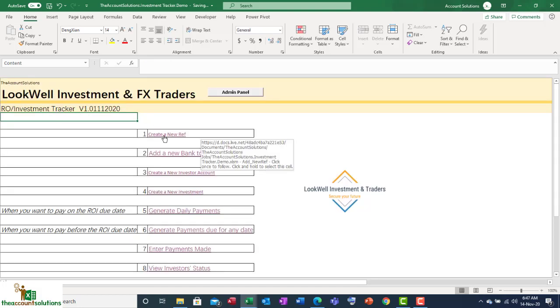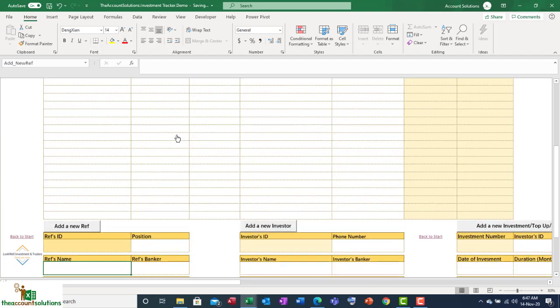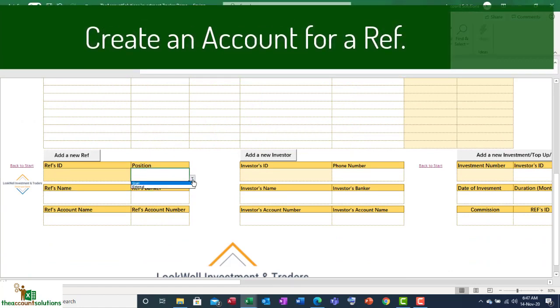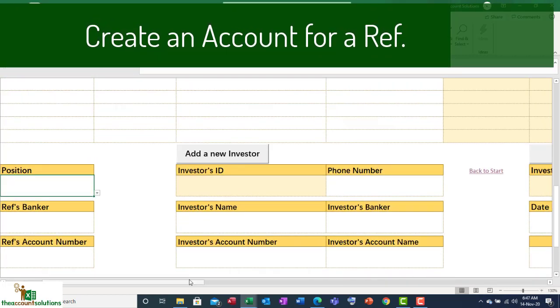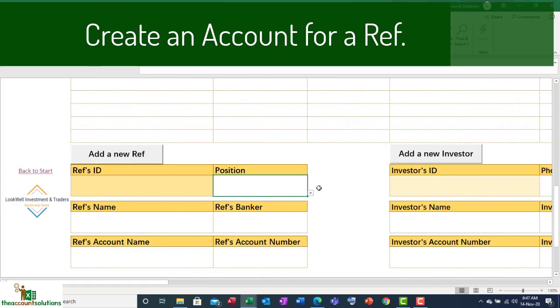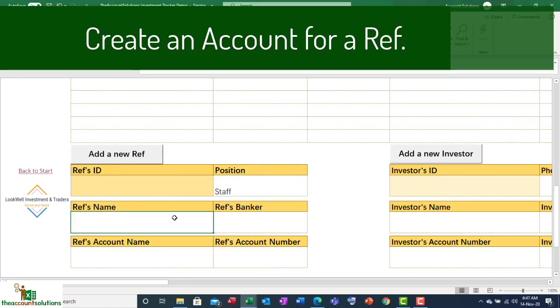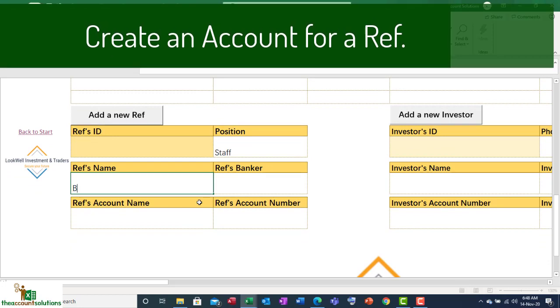Now the first item on the content is to create a new ref. Like I did mention, you have a referral system where people refer investors to your platform and you pay them commission based on the investment they bring. They need to create a new ref for that particular person. So what you need to do is to select position. Is the ref a staff or an external person? This is important, so you want to know how much your staff is bringing in. So just click on staff, then the ref's name, let's say is BC James,